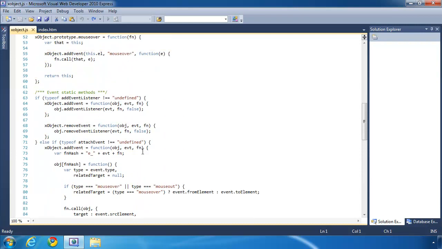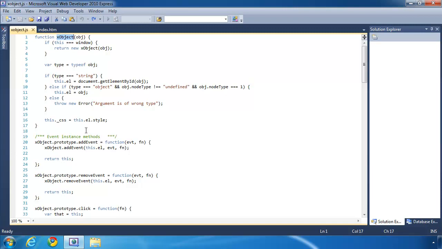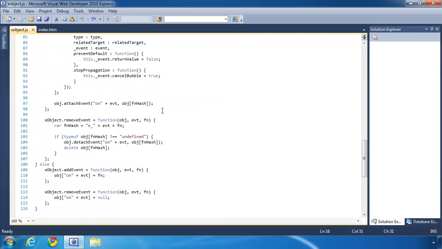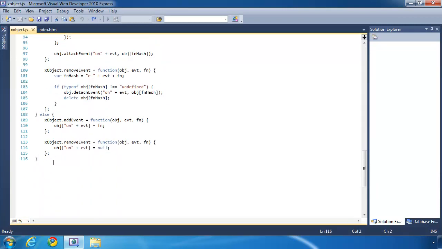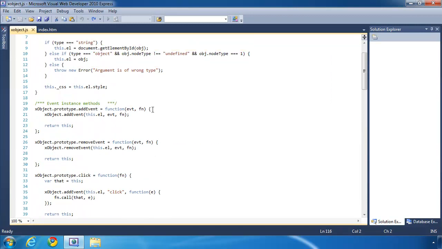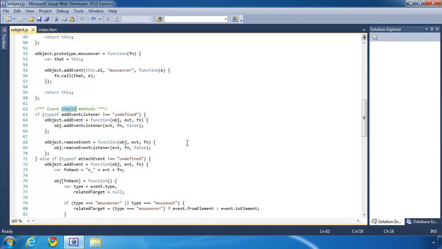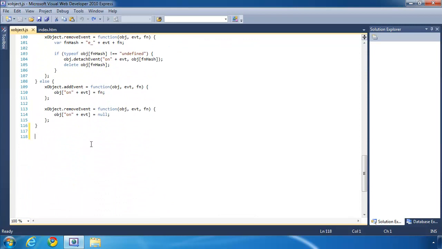Now, we are going to follow the same development philosophy that we did in lesson 1. We are going to write some static methods that we can use using raw DOM objects, and then we are going to write some instance methods for XObject instances that are basically going to call those static methods. So we will have the same type of code reuse that we did in part 1. And our code is broken into sections, if you will. We have instance event methods, and then we have static event methods. So we're going to create another section